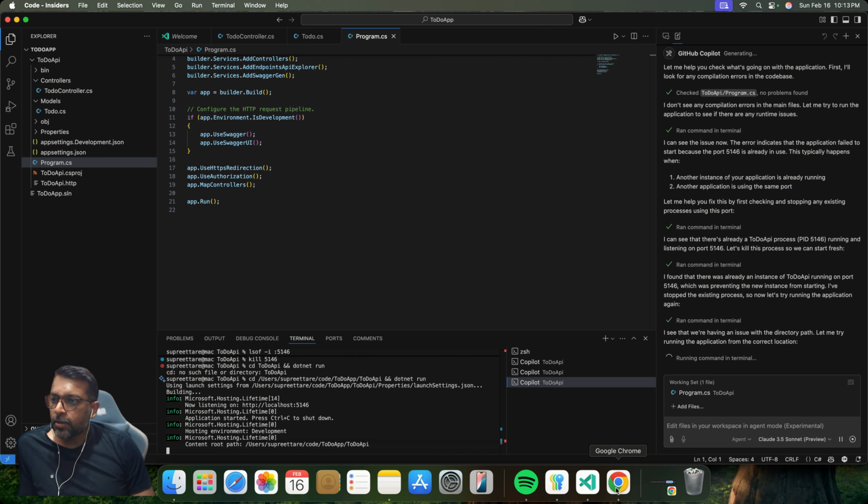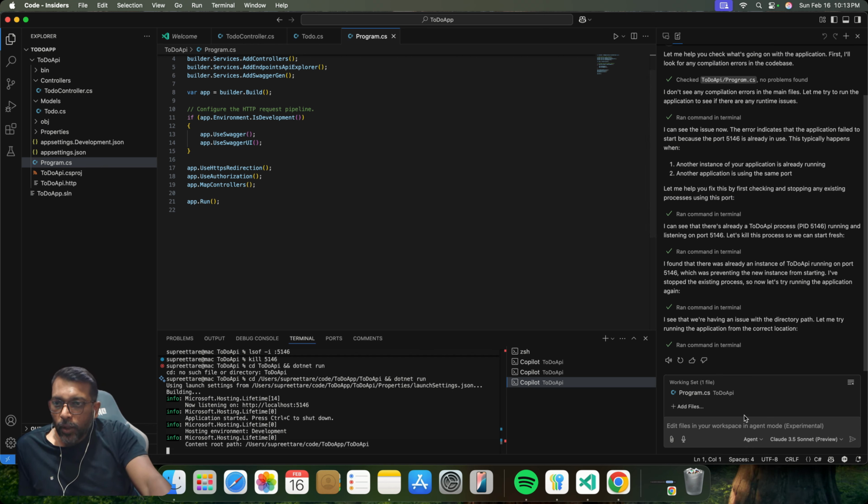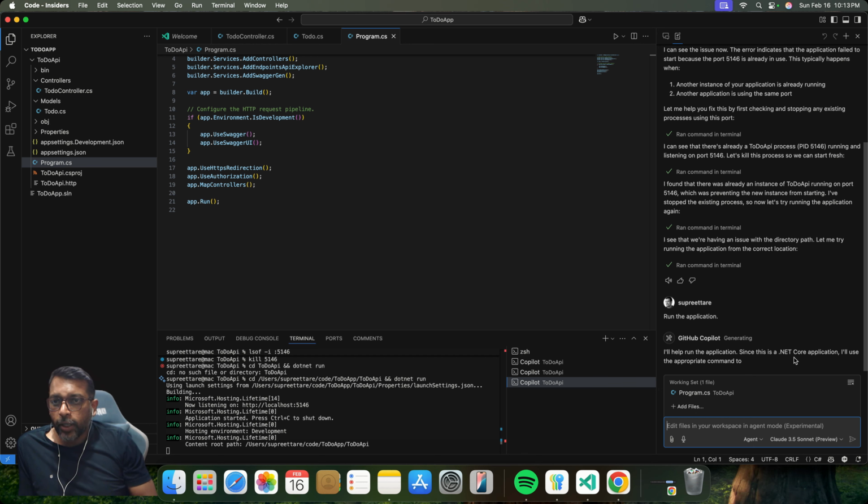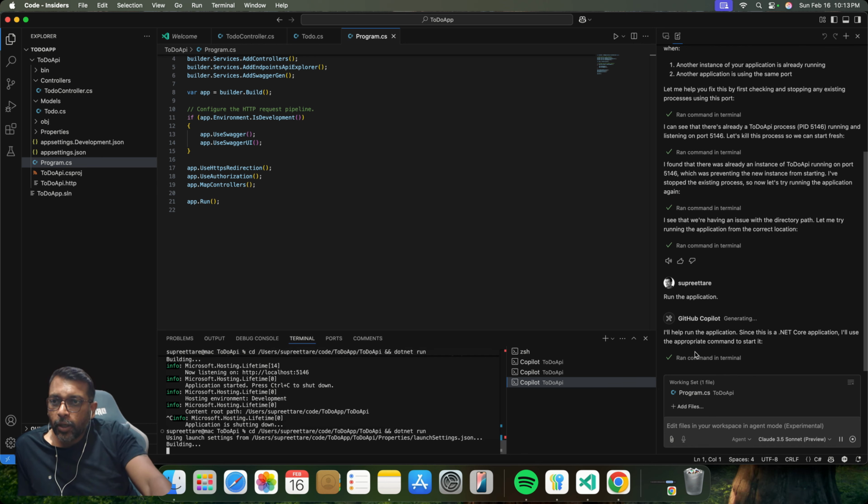I think whenever this runs the application, it fails to run the application whenever it's here. There is some glitch, and that is acceptable because agent mode in Copilot is still in preview. So we will have to give it that. But let's just stop it once and give it the same command. Run the application. Let's see if it is able to run the app this time now. We have already tried it a few times. dotnet run,